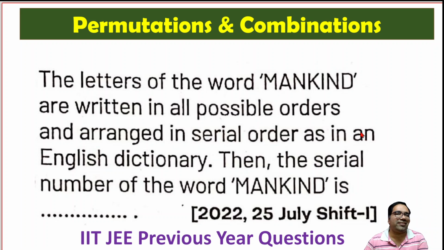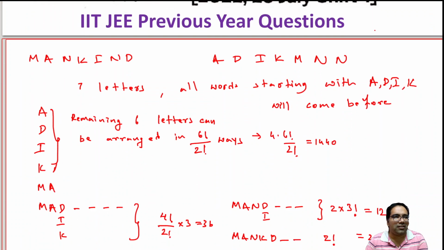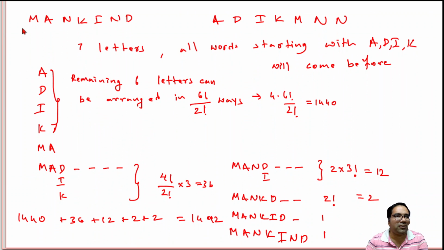We need to find the serial number of the word MANKIND when all the letters of this word are arranged as per dictionary order. If all the letters are arranged as per dictionary order, where will this word MANKIND come? So obviously, when you look at this MANKIND, if you write all these letters in